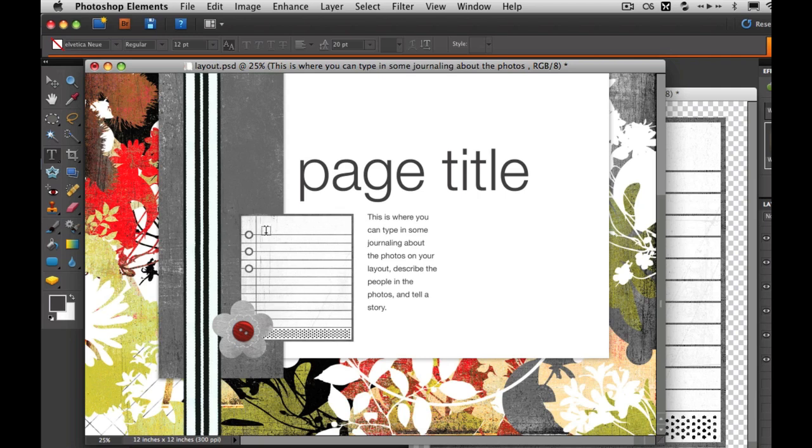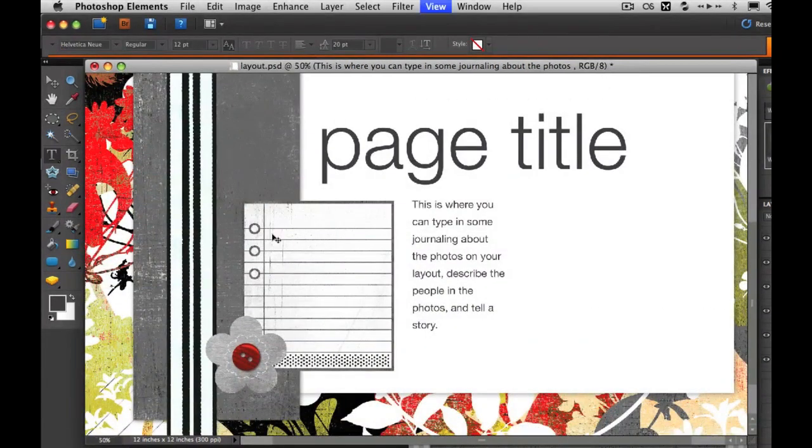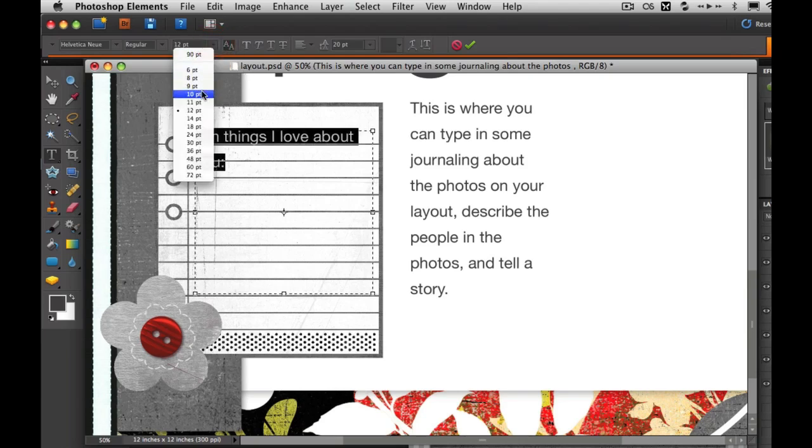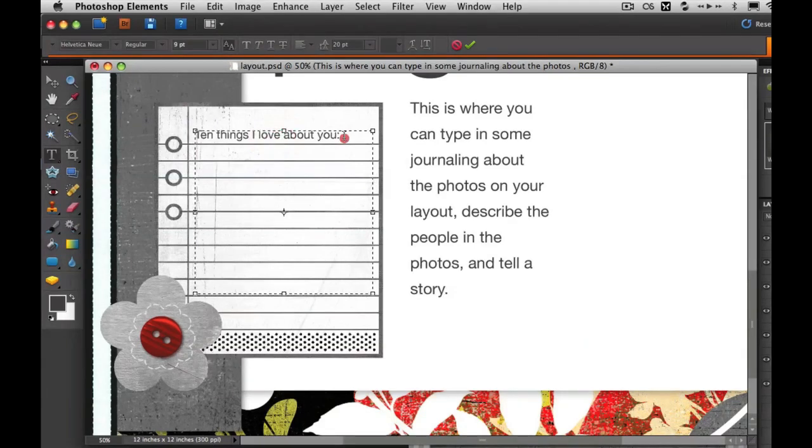Now the third way you can add type is adding it to this label right here that has lines on it, and you want the type to be within those lines. So we're going to do something a little more tricky to make it work. I'm going to click and drag so it's this area once again. And I'll type in "10 things I love about you." I'll make it smaller. Okay, and one, you are super funny. 2,